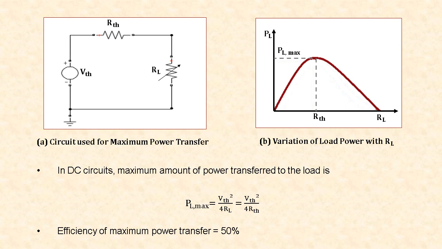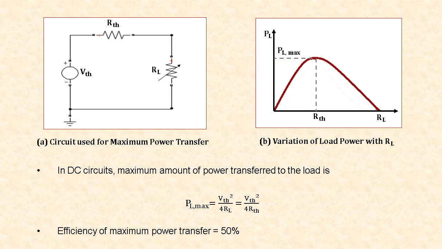Here VTH is the Thevenin's voltage and RTH is the Thevenin's resistance. RL is the variable load resistance. Figure B shows the variation of power delivered to the load with the load resistance. We can see that maximum power is delivered to the load only when the load resistance is equal to the Thevenin's equivalent resistance. For DC circuits, the maximum amount of power transferred to the load can be calculated by using